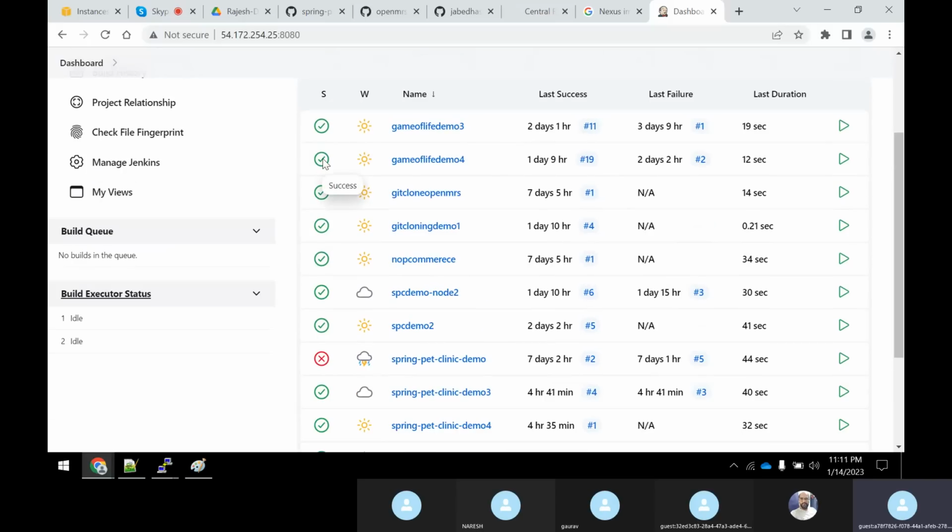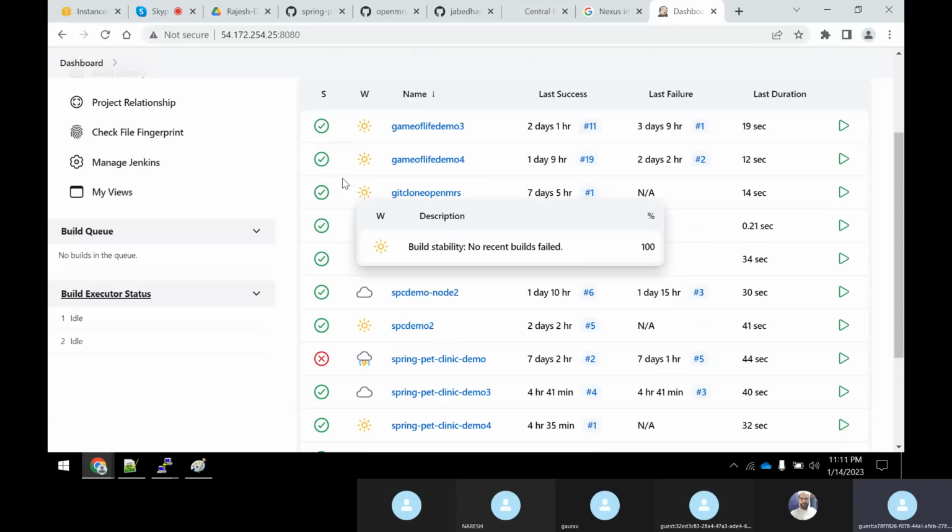Then you will say, "Rajesh, I learned that green is pass and red is fail, whereas in my industry it is blue." No problem, it's only the coloring, that's all. If you ask anyone in that project, he will say that success always means this blue color, and failure is always yellow, something like that. So they have set the coloring according to their requirement.